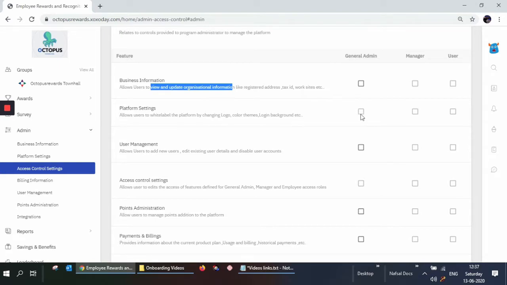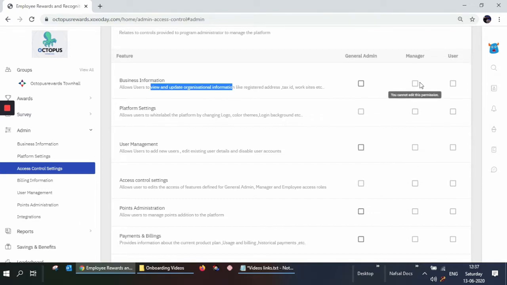But currently we've decided, based on feedback from several customers, that the super admin will keep that control, because it's a one-time setup and you don't have to do that every time. User management is adding, deleting, and editing users. If you want to delegate that task to a general admin, you can check the checkbox here.